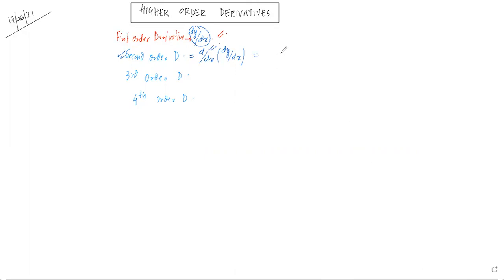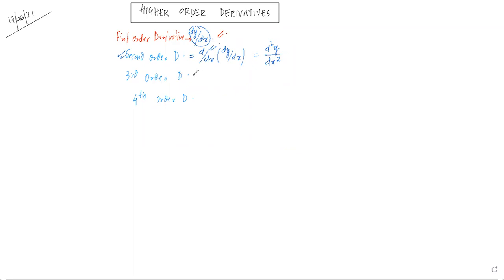और ये second order derivative को हम कैसे लिखते हैं? What is the denotation? या we make it d2y by dx square. So don't go by this process कि ये d और dy मिलकर के d square y हो गया, नीचे dx और dx मिलके d square x square. It's not like that. It's like this is how we denote the second order derivative. The first order derivative is dy by dx. The second order derivative is denoted by d2y by dx square. This power में 2 and नीचे में 2, it signifies the second order derivative.